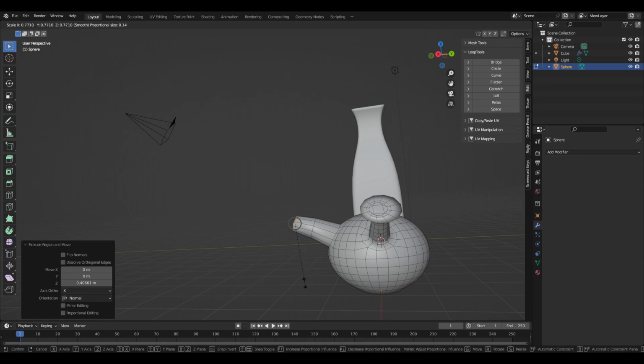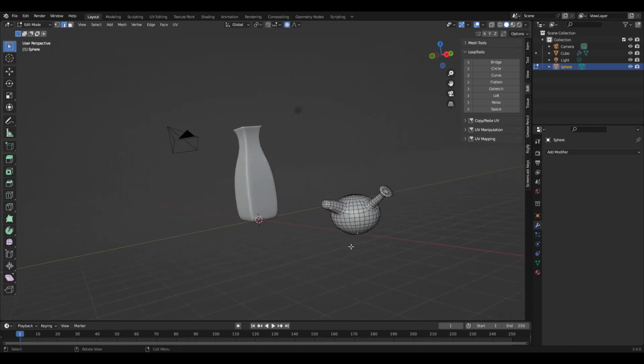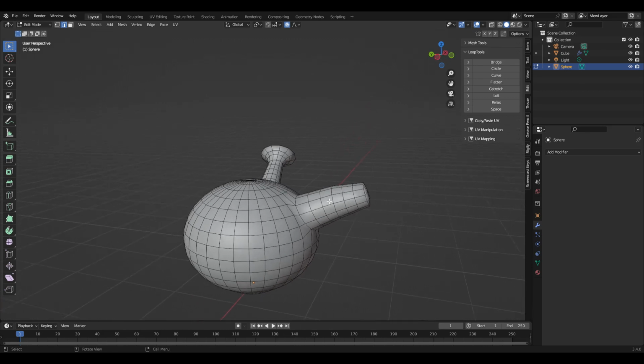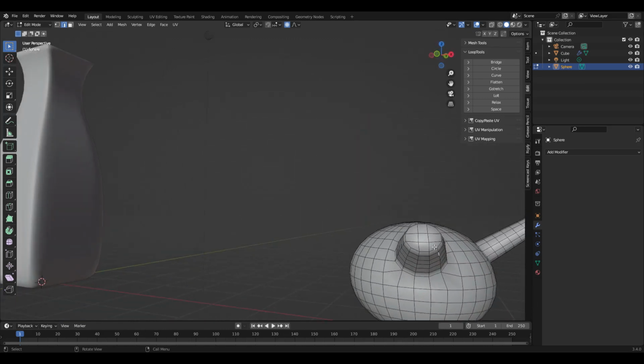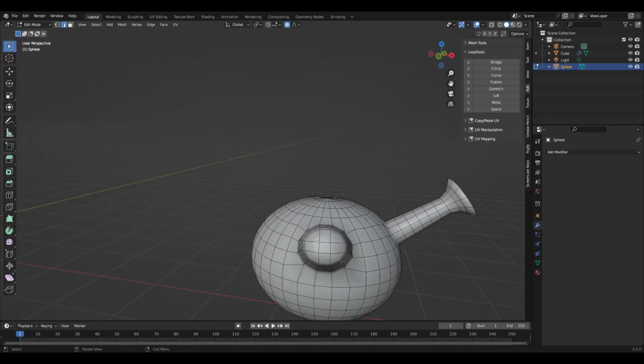And let's extrude it out a little bit more, kind of scale it down, add a couple loops with the Control R. And then let's just mess around with this a little bit with the proportional editing. And here, if you have it in, well, I guess first let's